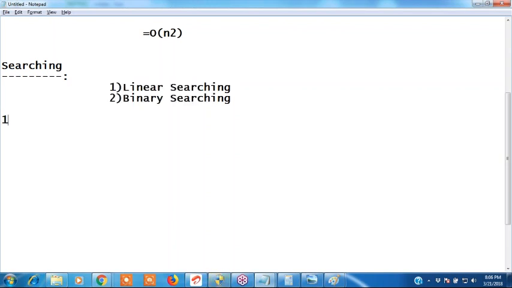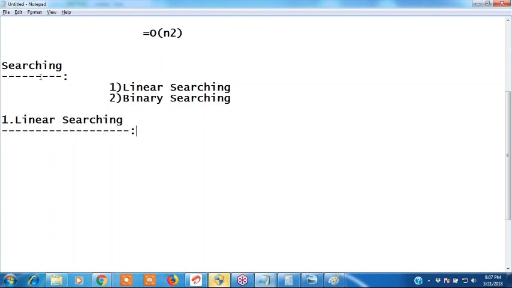First, we check linear searching. Both are simple. Sorting and searching are also simple. Learn any one sorting technique. They won't ask for any specific program. They give an array: sort the elements. You can write any one program. Any one sorting technique you can use. They won't insist on only bubble sort. They won't ask for any particular sort. Just sort the elements.